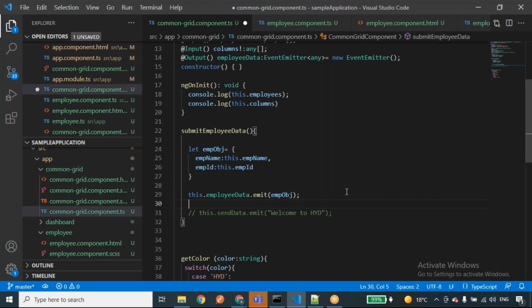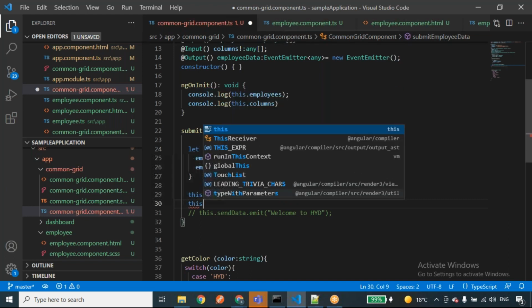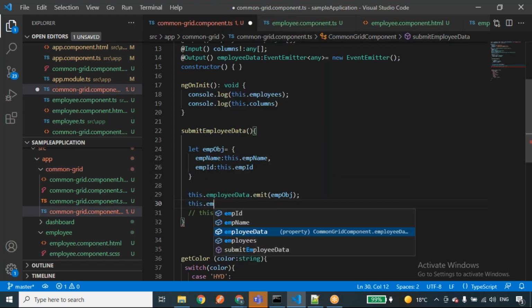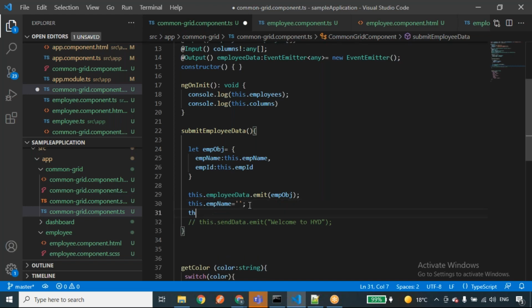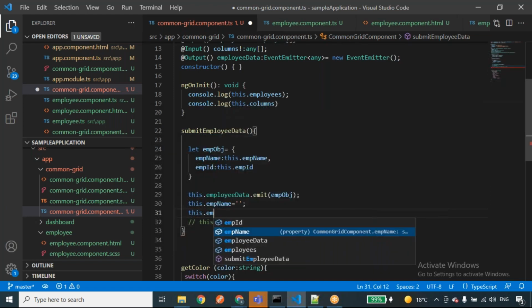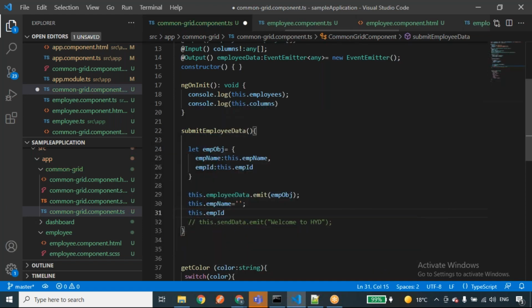Yes, sir. Okay. Now, can I do it like this? this.empName equals to, how can I make it empty, Karthik? Two single quotes, sir. Okay. So if I give this as a string, whatever value is present in the text box now will clear. So I'll take this employee ID equals to,